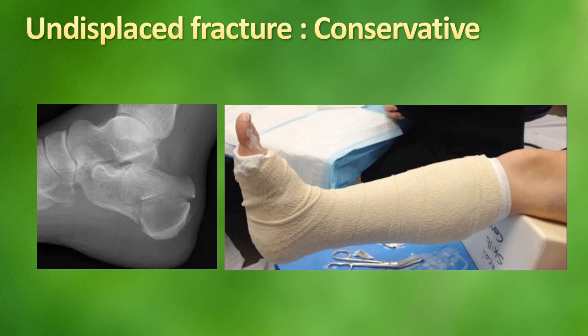Now coming to the fracture part, if any undisplaced fracture of the calcaneum is there, one should manage it by conservative means. That is, first a slab so that the swelling subsides. After 7 to 10 days, a cast may be applied. One unwritten rule of thumb is to err towards conservative treatment. So, as far as possible, try to manage the calcaneal fracture by conservative means. Here, the X-ray is showing an undisplaced extra-articular fracture of the calcaneum, which is being managed by a below knee slab, which you can see in the photograph.